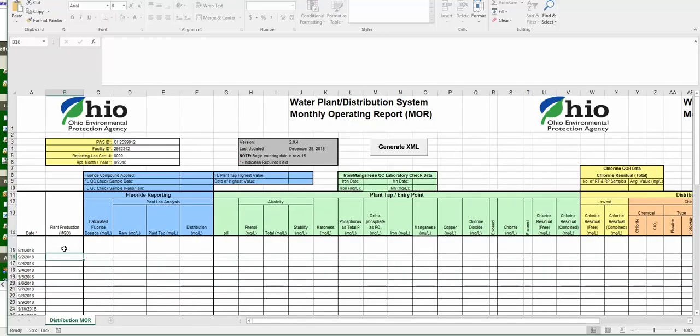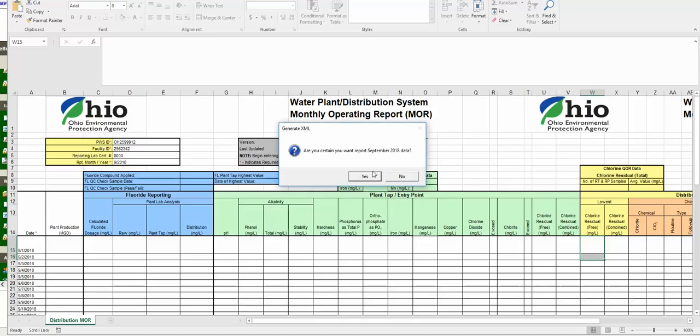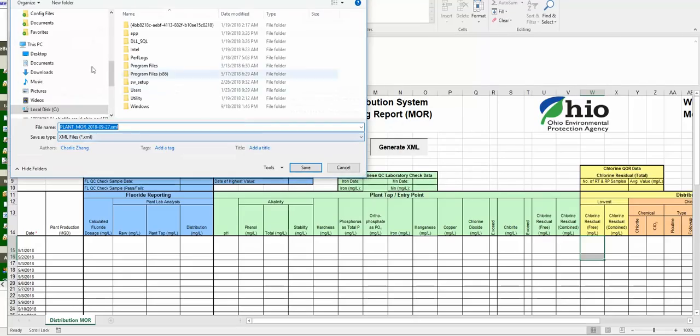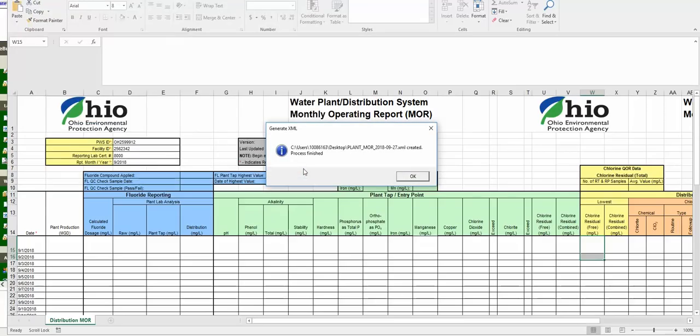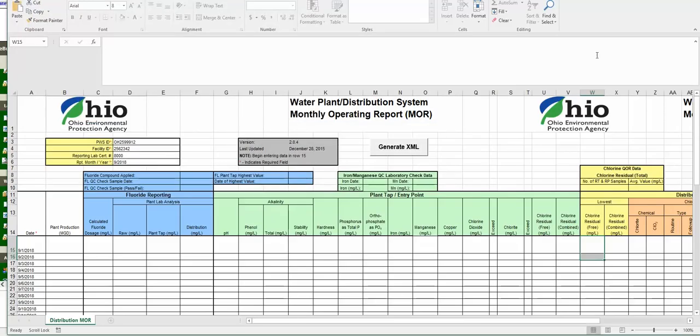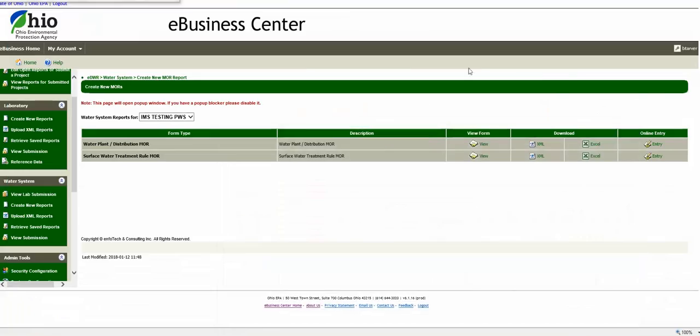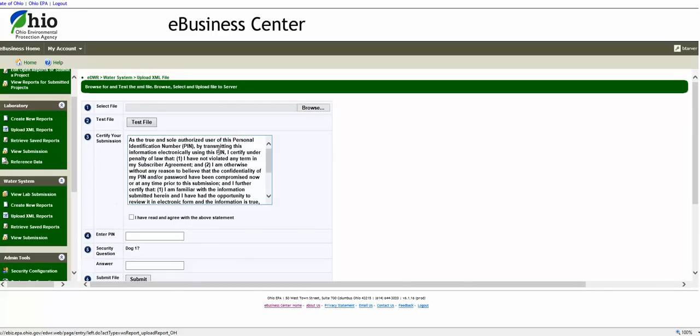As I do anytime we're entering data on a spreadsheet, once I've gotten all my other information, my plant production, my chlorines for entry point and distribution, and my report is complete, I'll generate the XML. It'll ask if I'm sure I want to do that. I say yes. I will save my document. It's finished. I'm done with my spreadsheet. I come back over to the eBusiness Center, go to Upload XML Reports.